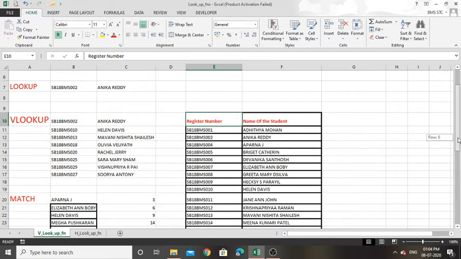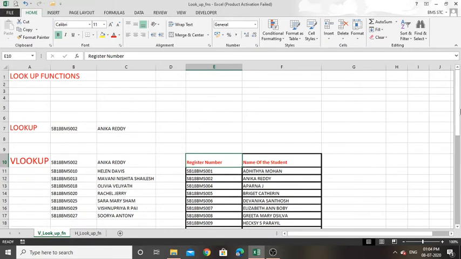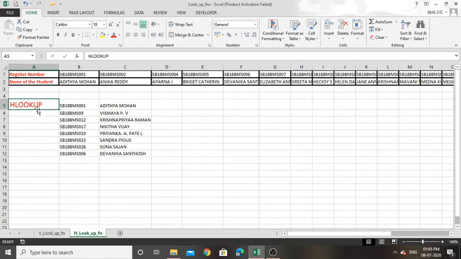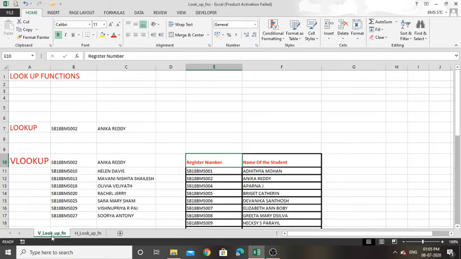In this video, we will learn about four types of lookup functions: simple LOOKUP function, HLOOKUP function, VLOOKUP function and MATCH function, where VLOOKUP stands for vertical lookup, which is mainly used for vertical data, that is a column oriented data table, and HLOOKUP is mainly focused on data in a row oriented or horizontal data table, to search for a particular value from a horizontal data table. So let's see in detail. First one is the LOOKUP function.